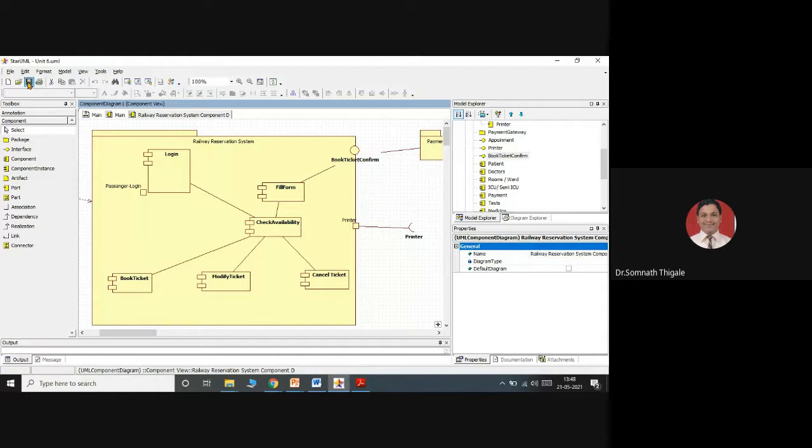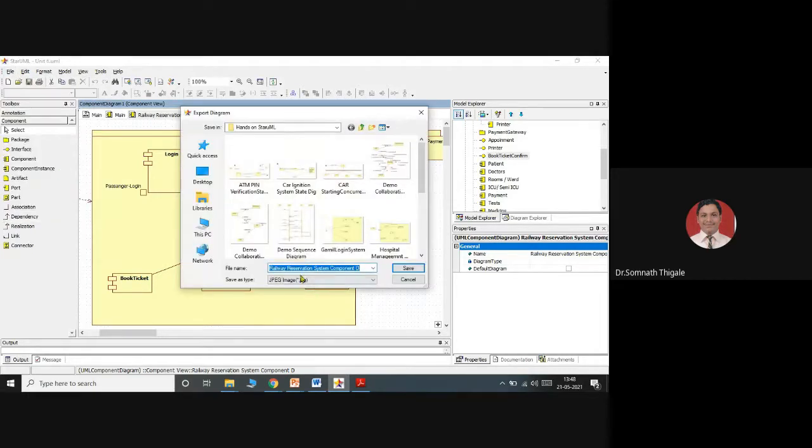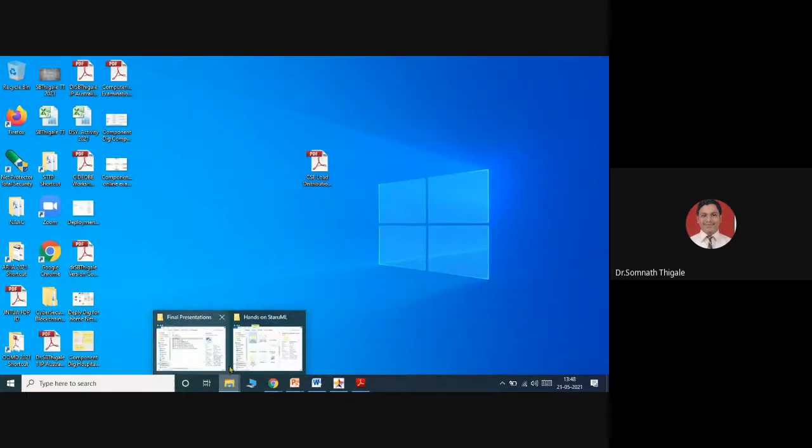So this is my simple idea that I can use to show this. This will be the simple scenario to represent the artifacts regarding the railway reservation system. So I'll take this outside of the diagram. So go to File, say Export Diagram, railway reservation system component diagram, save this, go to the respective package.